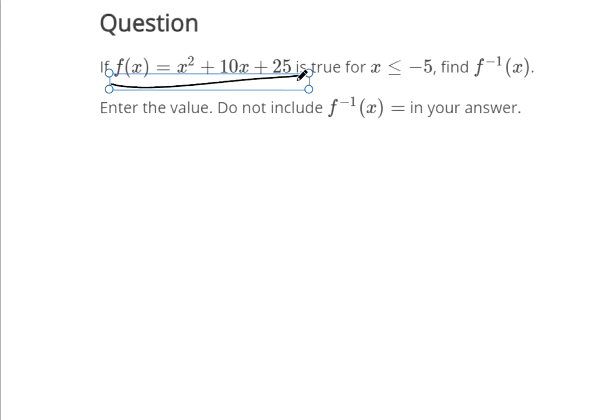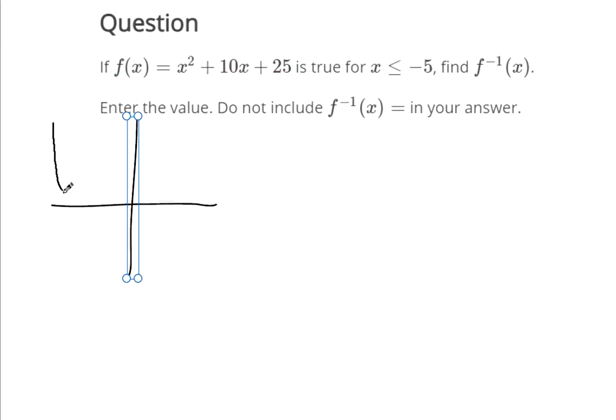Okay, so we have this function. If you go in Desmos and you graph it, it'll look something like this before you restrict the domain. But then they're saying this is only defined when x is less than or equal to -5. Okay,